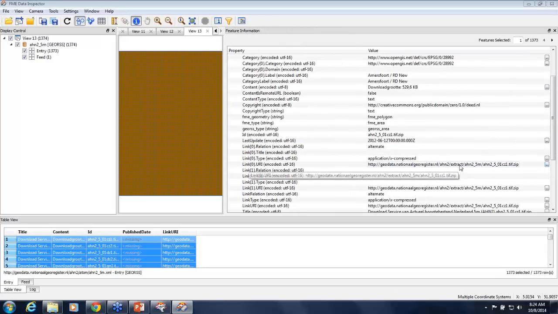So if we click on this, we can actually download that zipped TIFF file. Right. And actually, do you want to? We'll do that in a minute. But what else do you got here? We have the ID of that particular tile. We have some